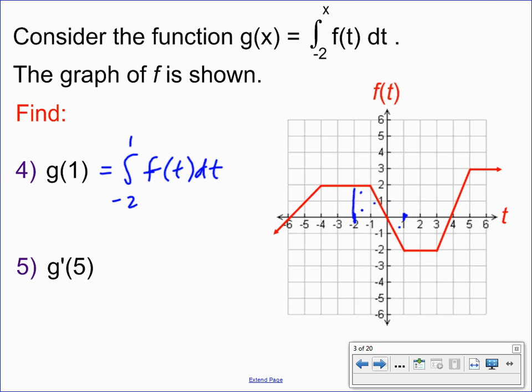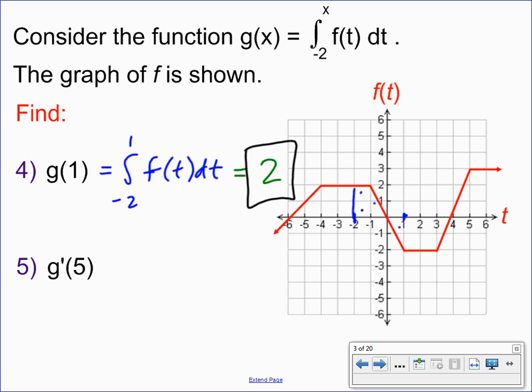Of f of t dt graphically gives me +1, +2, +3, -1 is 2. Raise your hand if you have 2 for number 4. Do you have 2 for number 4? You guys are doing great. Okay, so we got the graphical application of fundamental theorem of calculus part 2 taken care of, so long as